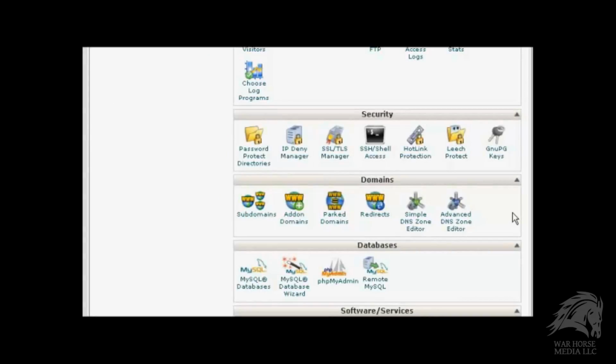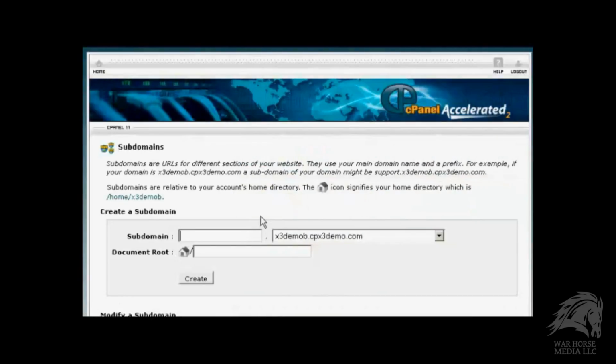I'm going to use cPanel for this demonstration, although if you have another type of control panel the procedure is very similar. Okay, I'm going to install a subdomain first, so come over here to where it says subdomains and click on the icon, and you'll see here there's the box where you can input your subdomain, and if you have more than one domain on your hosting account you can choose from the drop down menu. In this particular case there's only one, so we're going to leave it at that. So type in our subdomain, let's call this shopping cart,